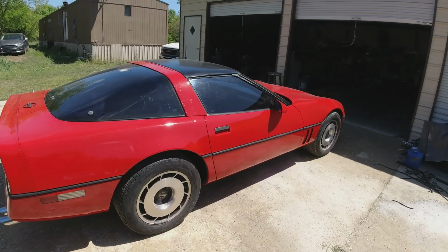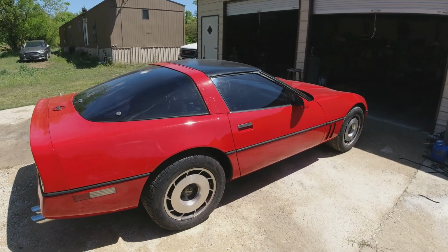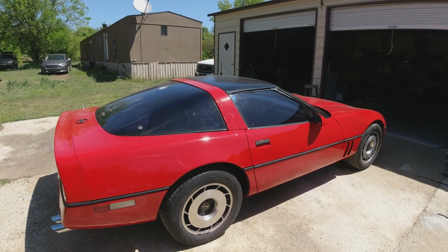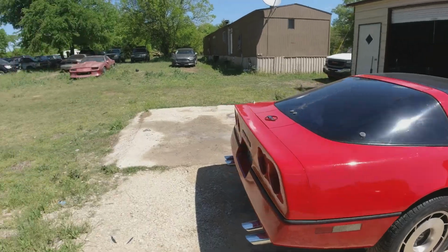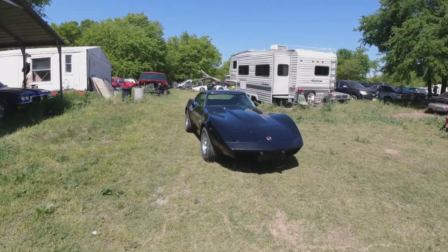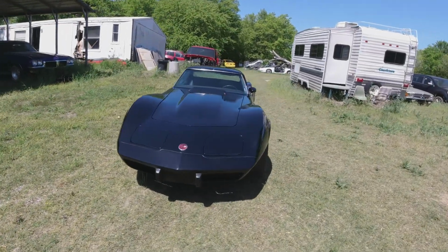And this one, of course, is an older 400 small block with the tune port injection. A lot faster than the black one. The black one just looks cooler, I think. Oh, also, this was